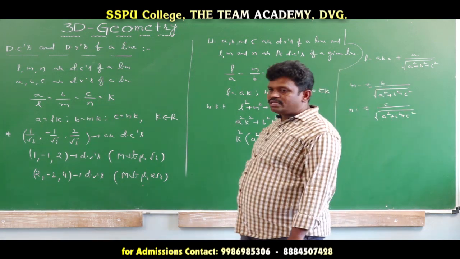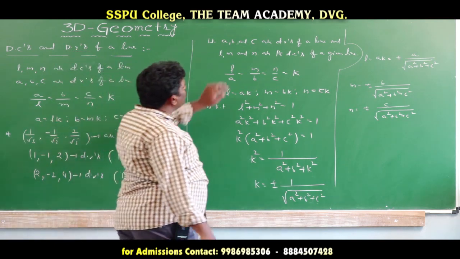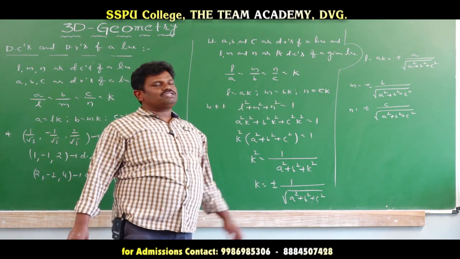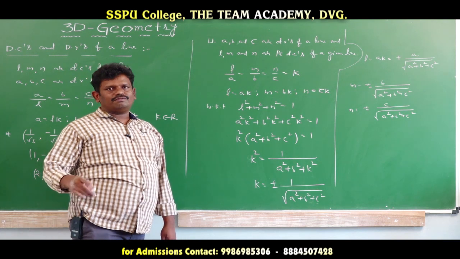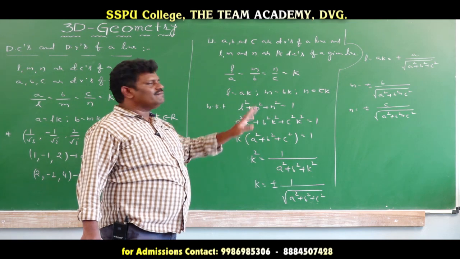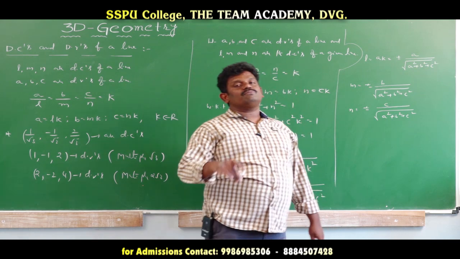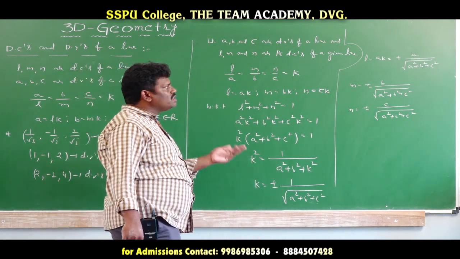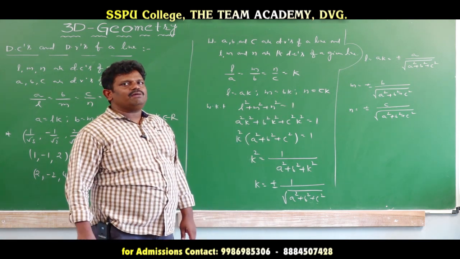So what we find here is that three real numbers, the direction ratios of a given line, are given. Now, by using those ratios, if you want to find the direction cosines, write each ratio divided by the square root of the sum of the squares. That gives the l, m, n values. Whether we consider plus or minus depends on the k value, either positive or negative, which gives the sign for the l, m, n values.